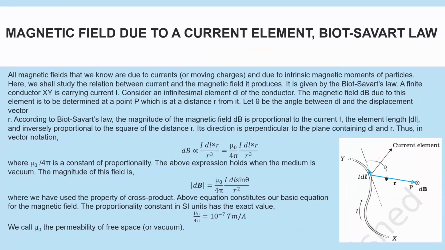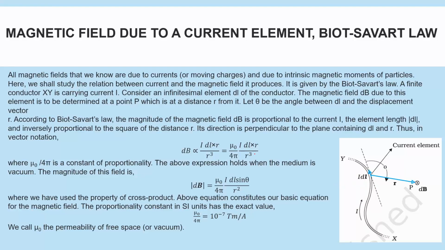So now we will try to see what would be the magnetic field due to a current element. We have already briefly touched upon in the introduction part that current itself can cause a magnetic field to occur. Now we will see that if we have a current carrying wire,